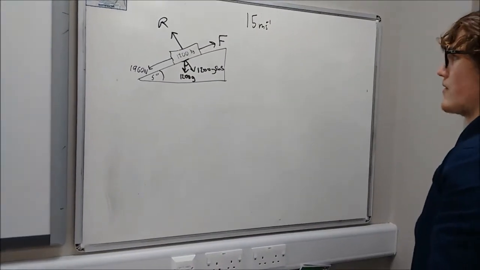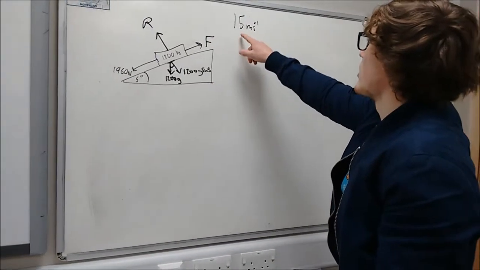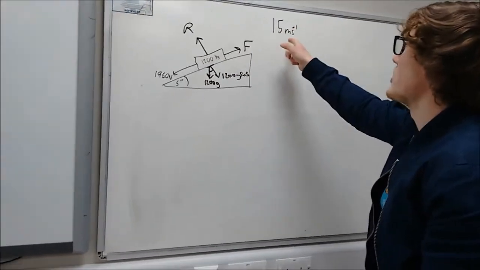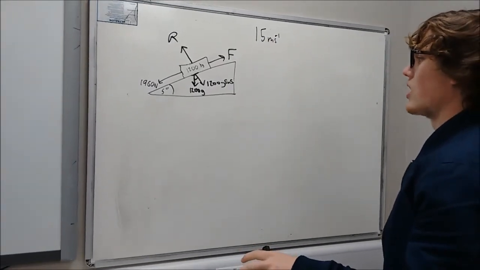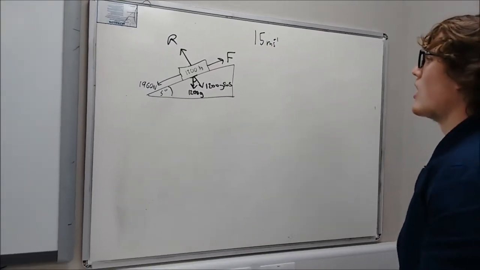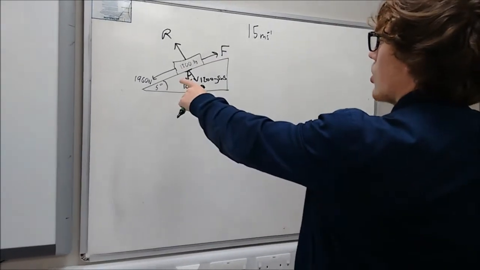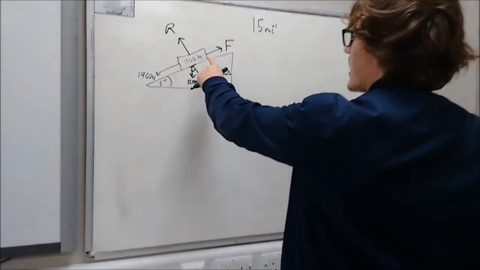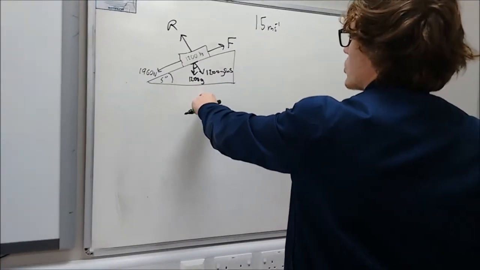Alright, so now we've labelled our diagram, we need to know this force here, the driving force, the tractive force. We've been given in the question that the block is moving at 15 metres per second, and that means it's constant speed, no acceleration. Constant acceleration of 0. And so we know that F is then equal to this force plus the driving force of